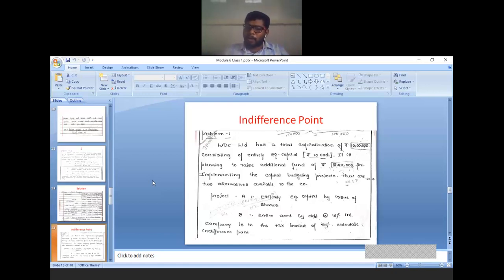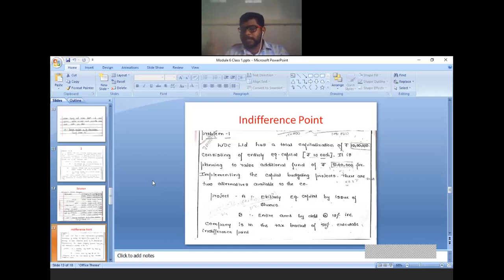It is just like how we calculated EBIT and EPS analysis through the statement. Same thing we are calculating by using the formula. Not that much important, but still the concept is important for the future classes. Therefore, study the formula regarding the indifference point, then the logic, concept, everything like the previous problem only. You have to identify how much is equity share, how much is debenture capital. In the case of indifference point, listen, you have to calculate EBIT.